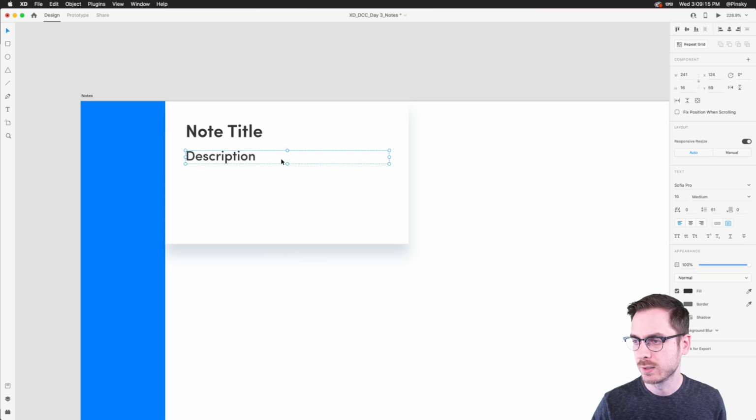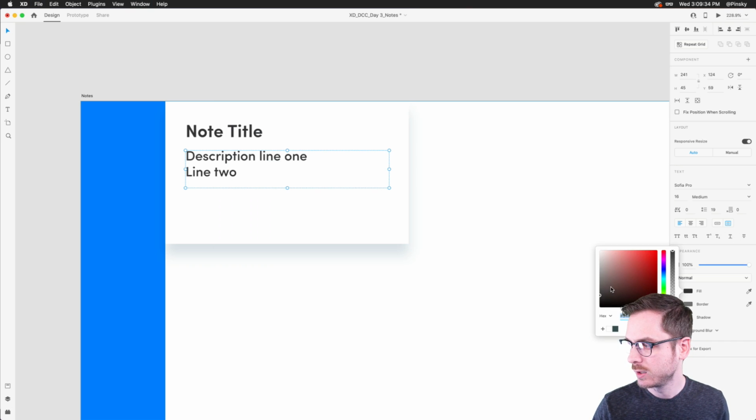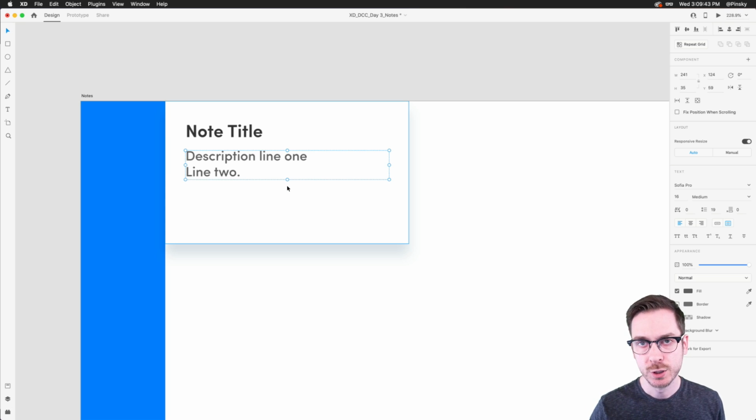And just to see what things are looking like, I can also add line 1 and line 2. Now, we're obviously noticing a bit of a problem. We want to make sure that the line height is nice and simple, nice and tight, just like that, right? Let's see what this looks like. It looks okay. I might want to just, there we go. That looks pretty good right about there. I'll just add a little period right over here, double click on this handle at the bottom just to snap it into place. All right, so we've got that done.